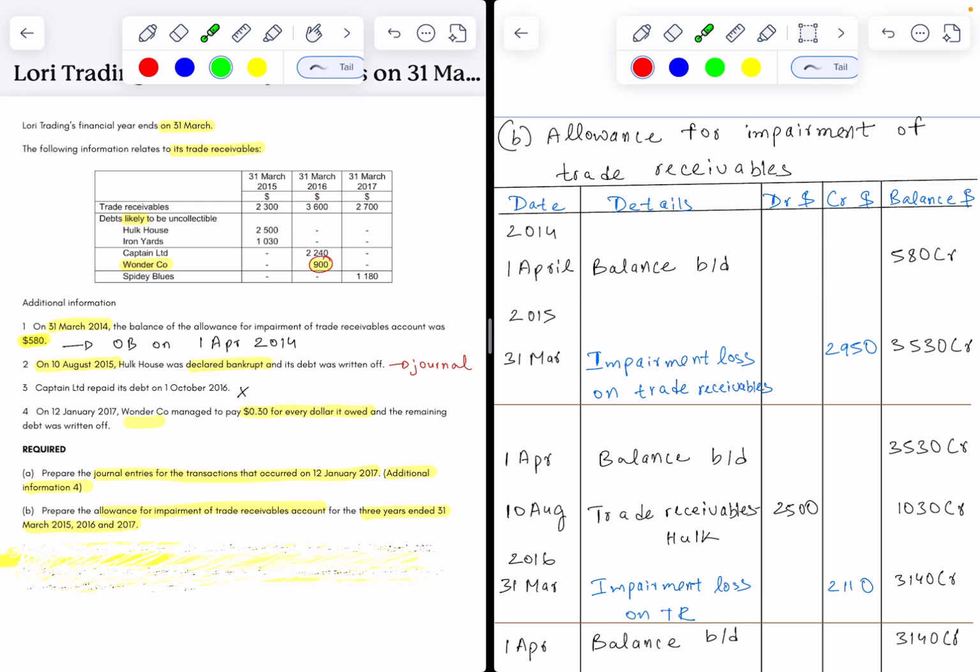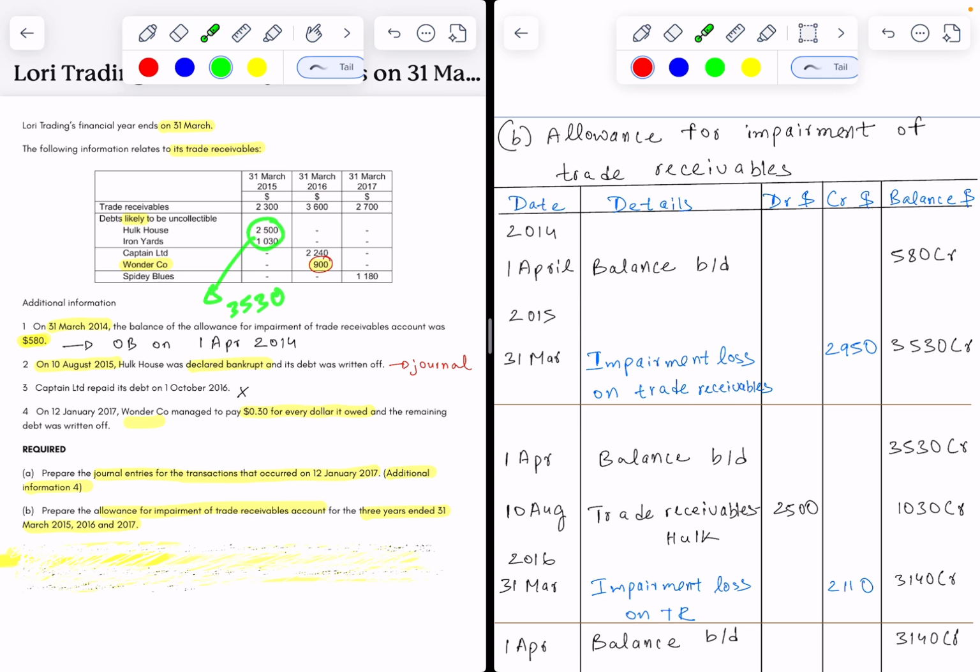Okay? So the next transaction is on 31 March 2015, where we know that Hulk House and Iron Yards owe $2,500 and $1,030 respectively. So these amounts are likely to be uncollectible, which means $2,500 and $1,030 combined gives us $3,530. And this should be the ending balance for our allowance for impairment of trade receivables, because there is a possibility that we may not be able to collect this amount from these credit customers. So at 31 March 2015,